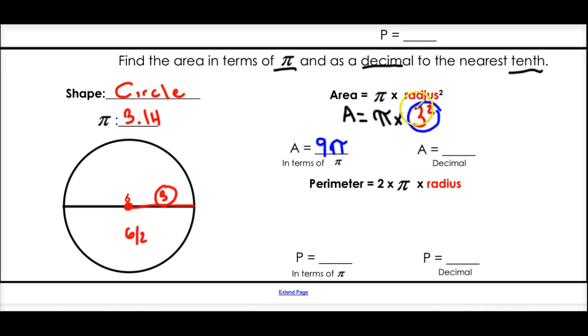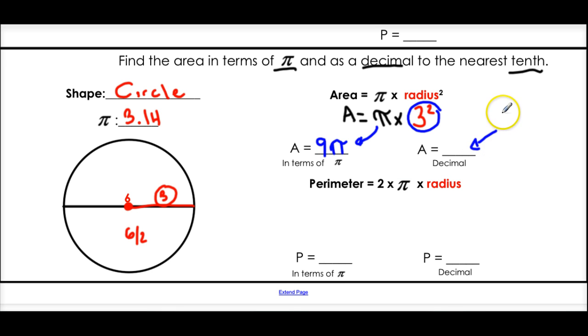You see what I did there? I just did 3 squared, which gave me 9, and I brought the pi down. And that's in terms of pi. That means we just don't multiply by pi. It's an easier number to look at, right? Now to get the decimal version of this, what we're going to do is multiply 9 times pi. Now remember, pi is just 3.14. So to get our decimal, all right,